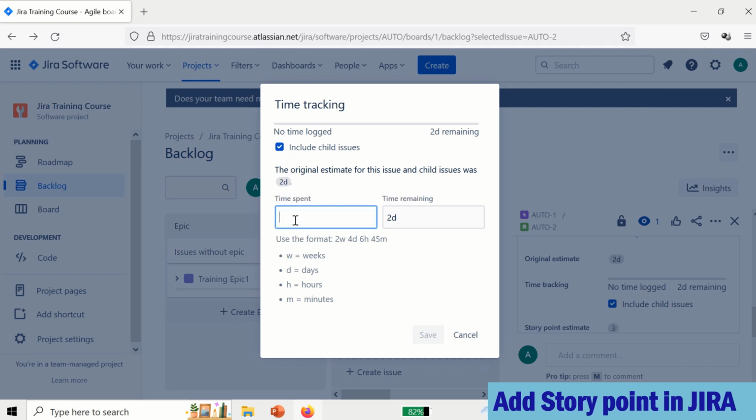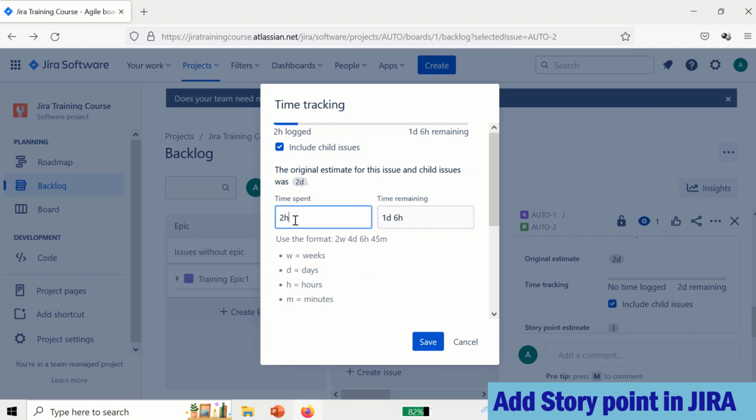So the timing you can have like this. Suppose you have worked for 2 hours. So what you can do, you can use 2h. This will be the 2 hours. So remaining will be 1 day, 6 hours. So Jira automatically calculates 8 hours per day. So if you complete 1 day, it will remain 1 day. If you complete